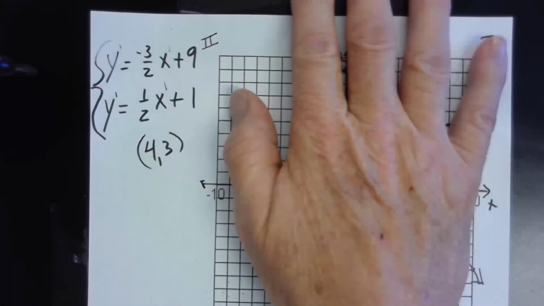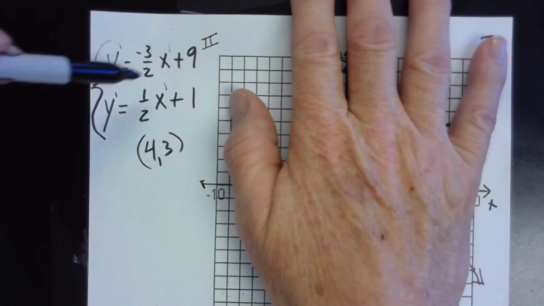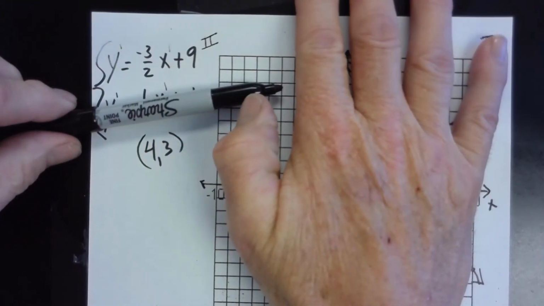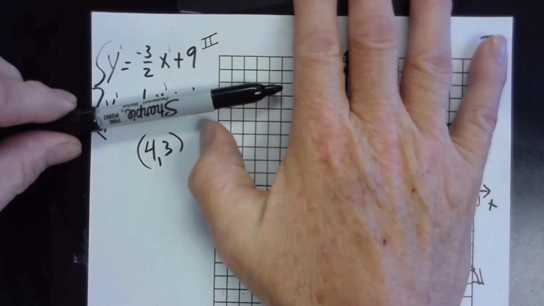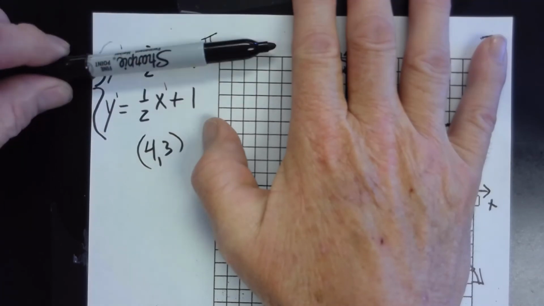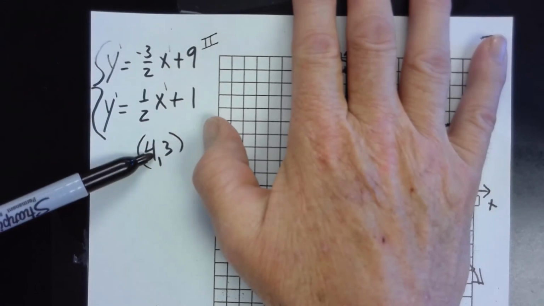So I have a system of equations, 2 variables, 2 equations. How many different ordered pairs will satisfy the top equation? At least 2, but probably more than 2, like infinitely many. What about this one? How many ordered pairs will satisfy it? At least 2, but actually infinitely many, right? But how many ordered pairs solve both of them, make both of them true? 1. This particular one right here, 4, 3.